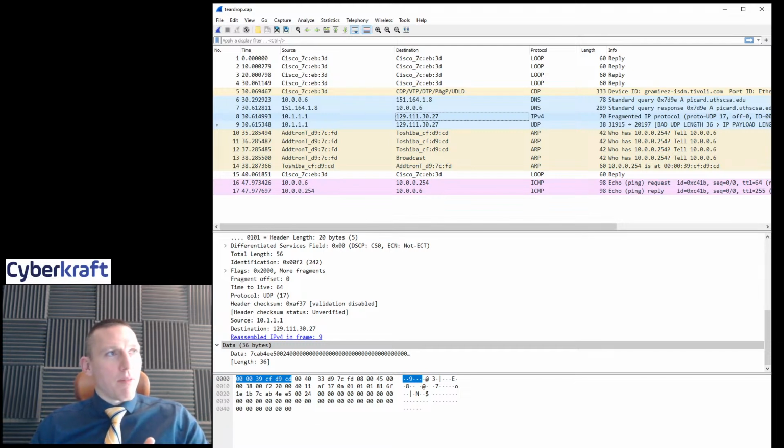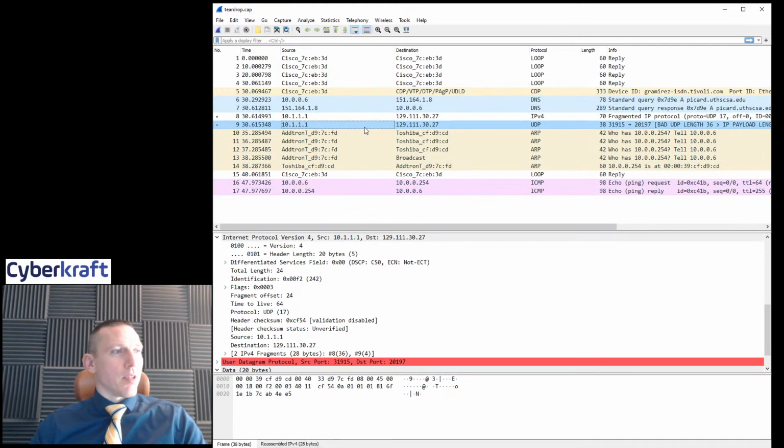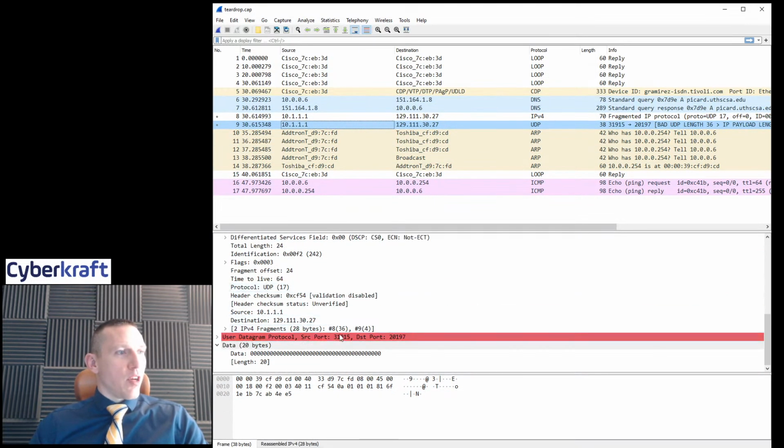So remember, a teardrop attack is basically a denial of service attack. So we're trying to force or provide this fragmented IP at 129.111.30.27 and make it so that this target machine can't reconstruct the packet here. Okay, so then we have, here we go,